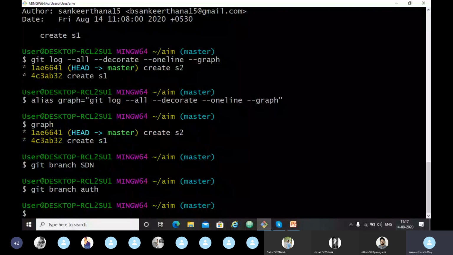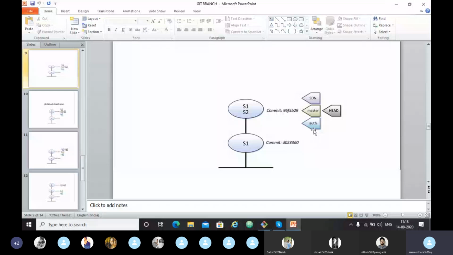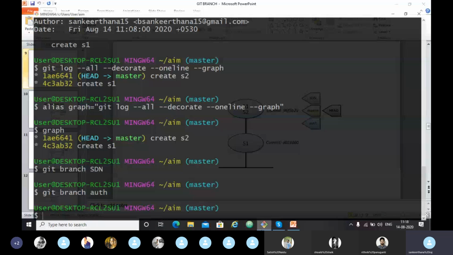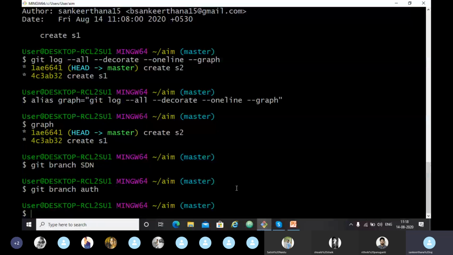Now if you want to see the branches you have created, these two branches we have created, let's see them. Git branch. See, we have created these two branches.